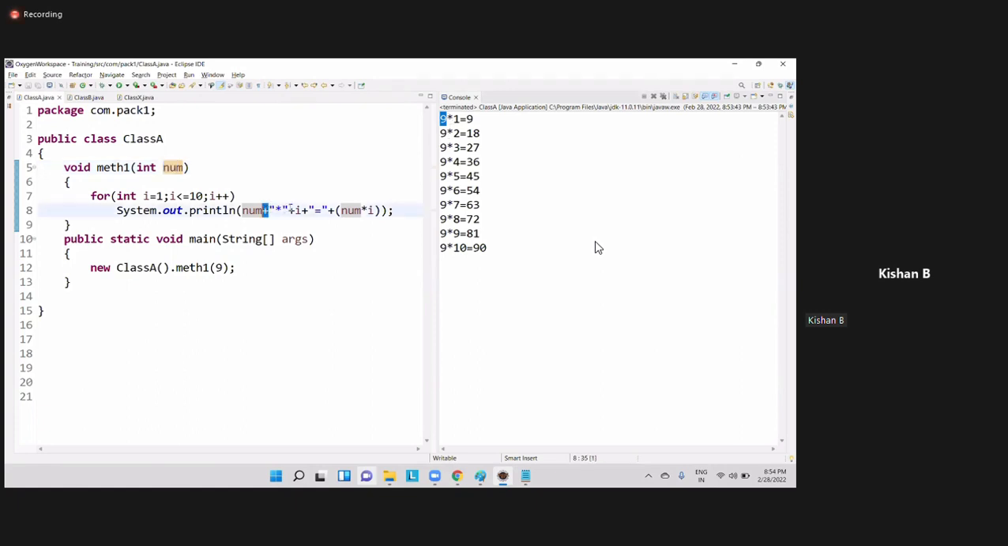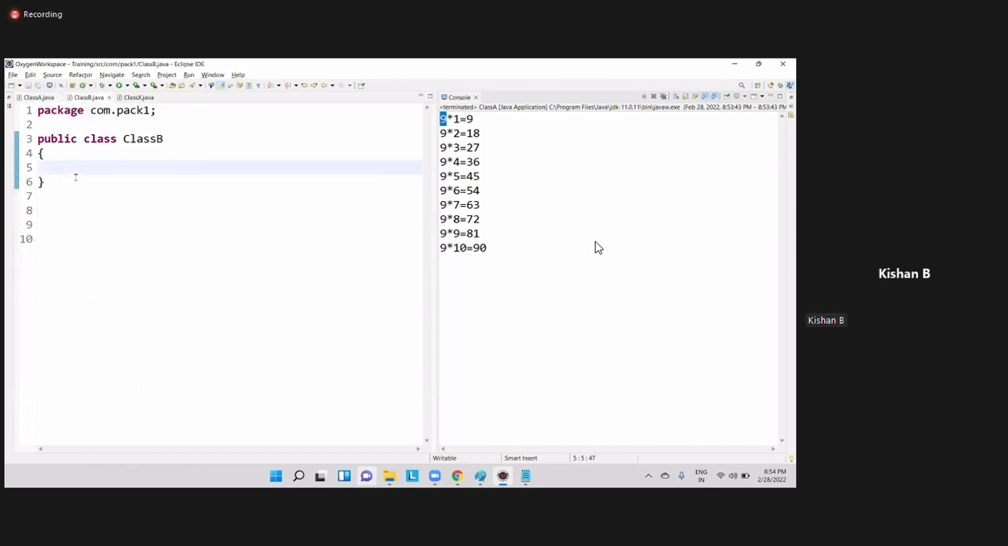Plus, what is this, guys? That is a string value. Am I right or wrong? I am attaching an integer with a string. Guys, you already know this kind of concept. For example, in class B, let me go to my main method and try to write